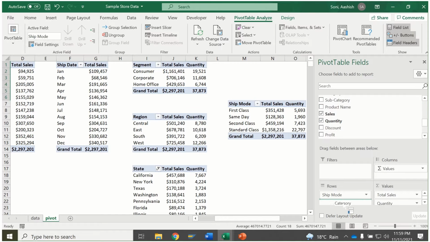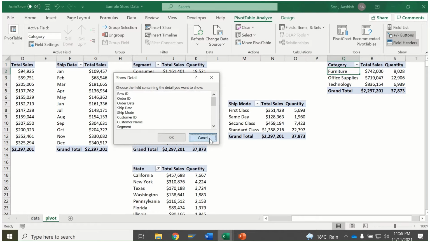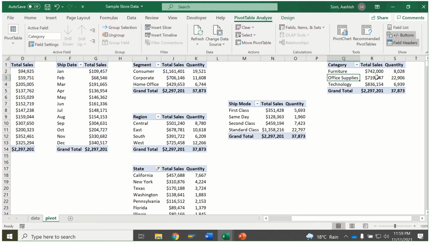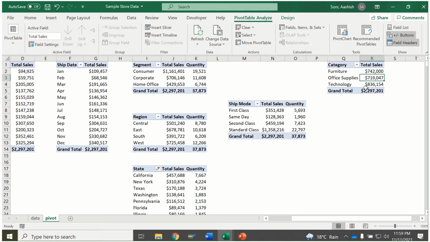subcategories also there. Let's take category, remove ship mode, and see what it shows. Categories are 3. Okay, so we'll work on categories also. Okay, and in categories, what we'll do this time, we'll go to field list and we can remove quantity. We'll just show total sales for this one. Okay, and we can also show the,